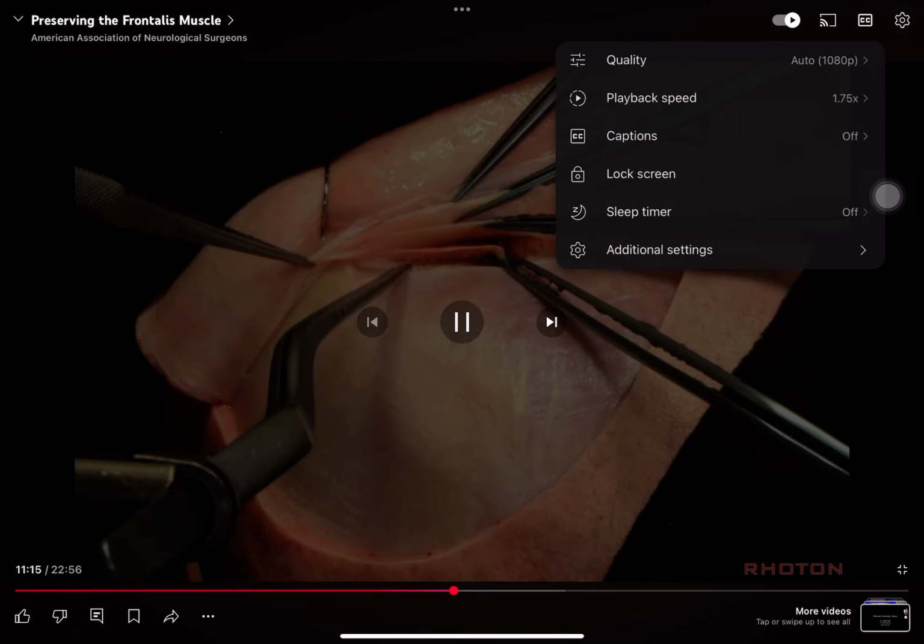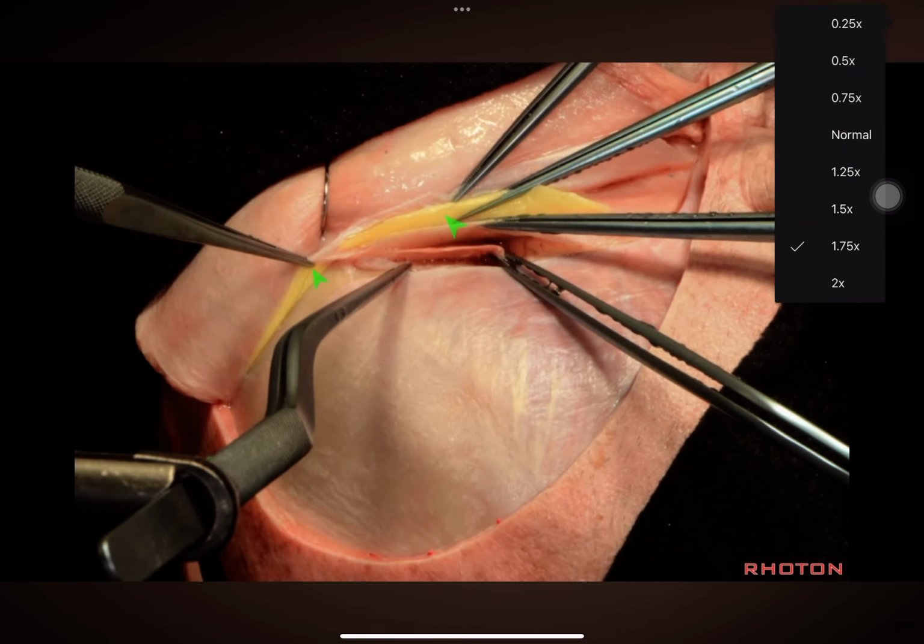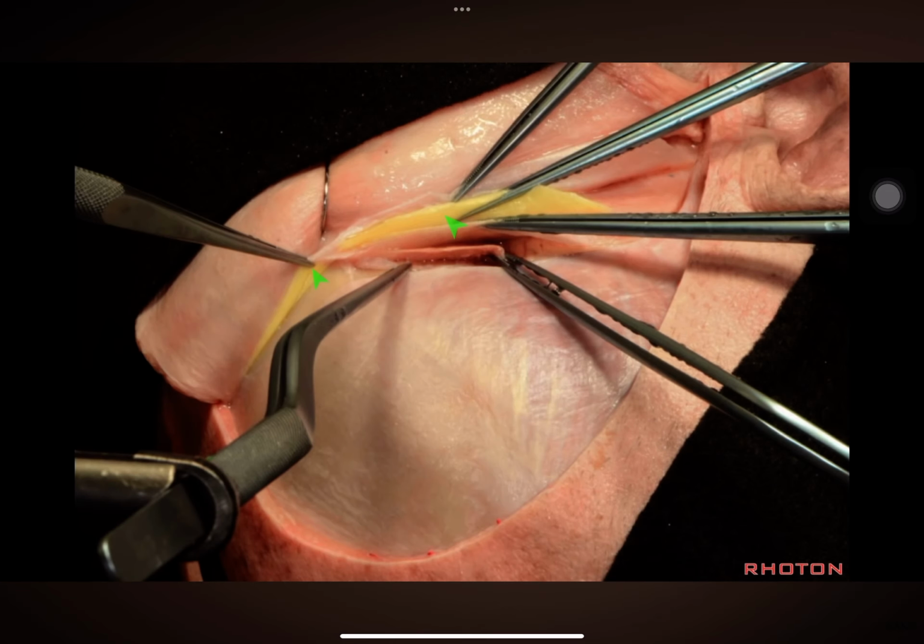So we call one approach interfascial subpericranial, and Yasargil gave us the interfascial approach. The other approach is subfascial subpericranial, and the subfascial approach, that term was coined at the Barrow, and one of the early papers on that was with Spetzler. So there are 5 layers lateral, 1 layer medial, and then we start the dissection subgaleal, and then up